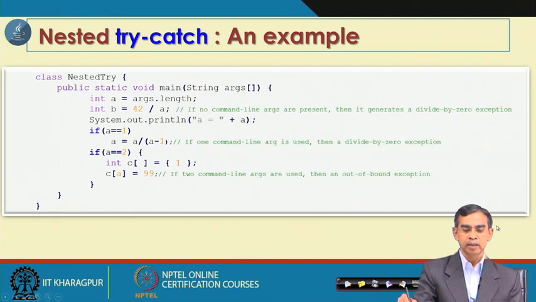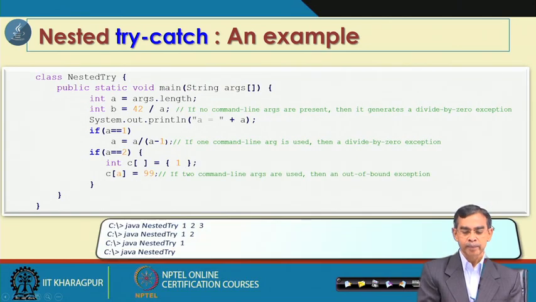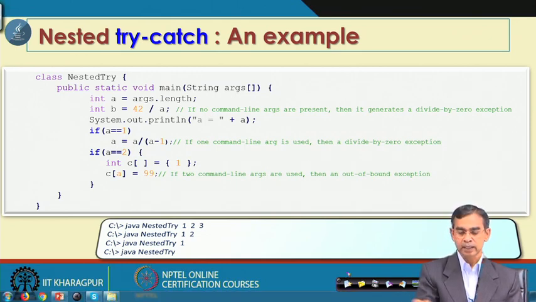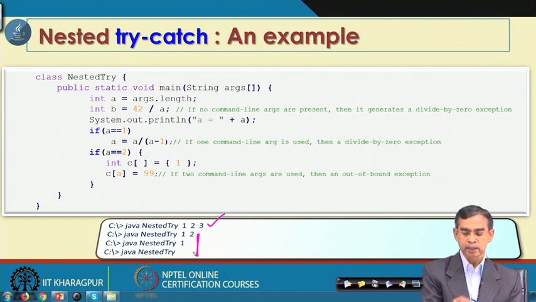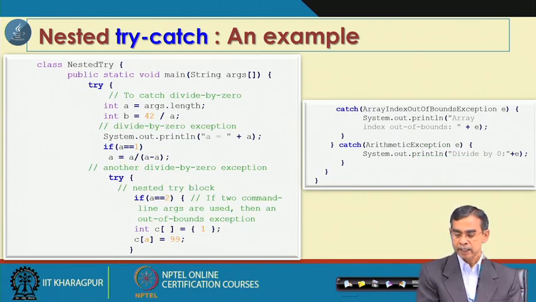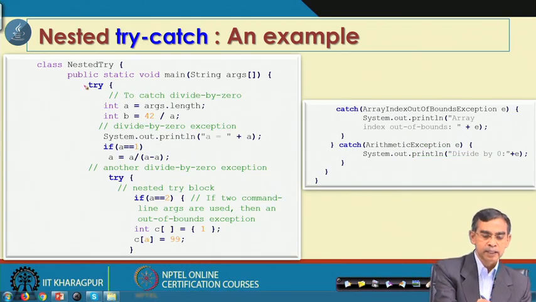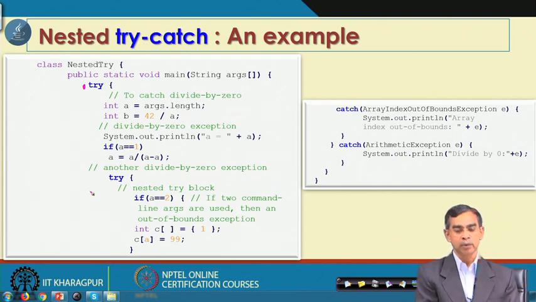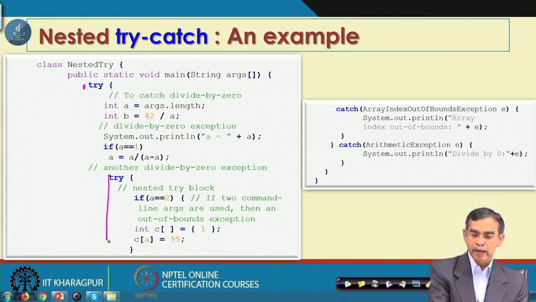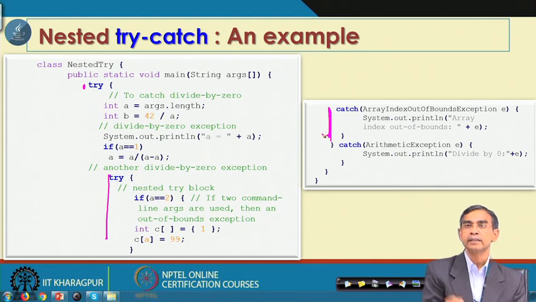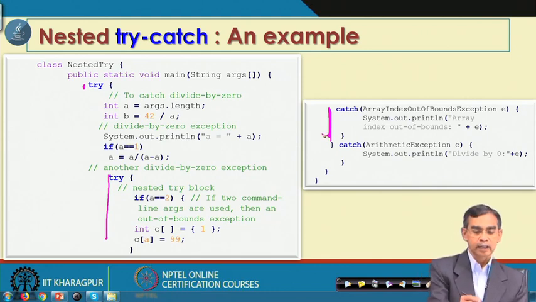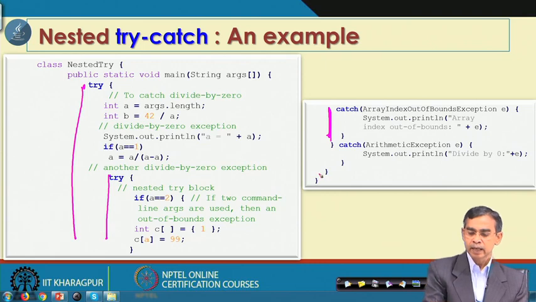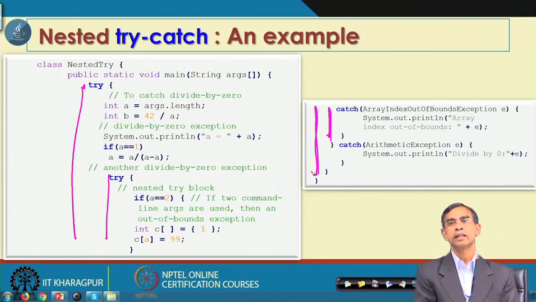So, here is the solution for the nesting case. As you see, this program will not run for all these inputs, because it will give an error. It will run for this one with no error, but for this one it will error. So the remedy here we have checked. Let us see this program: this is the try and the corresponding catch. So there are two try catch blocks in this program. This is the inner try catch, and outside this is another try and another catch. So, it is called the nested try catch.